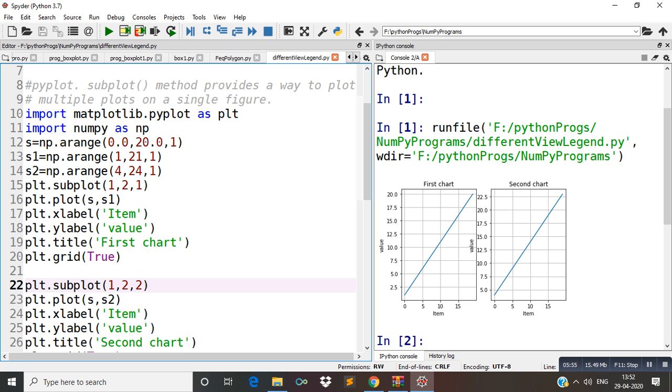One figure in the first column, the second figure in the second column. That's why I have written subplot 1 comma 2, that is one row and two columns, in one row two figures. At line number 14, the last 1 means the first figure, and the last 2 means the second figure. So I think by this time you have got the meaning of all three parameters of the subplot function.